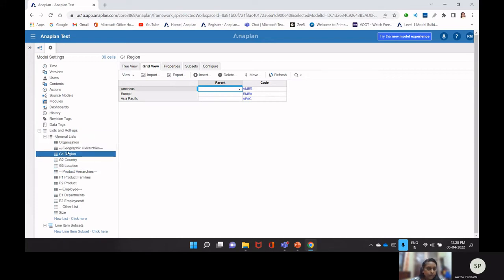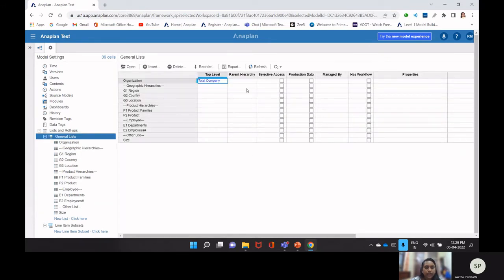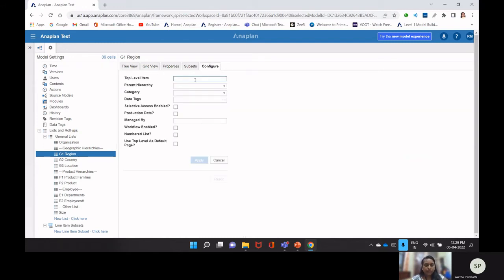Now we'll go to the general list, and I'll set this to composite, numbered list, or flat list. In that way, I'll segregate these lists. Initially, for all of these, I am setting a top level. Previously, as I have mentioned, by opening this G1 region and selecting a config, we can give a top level in two ways. By selecting this config, we can mention it,